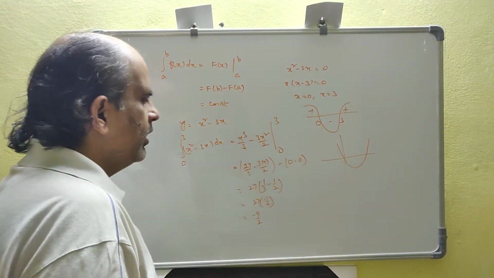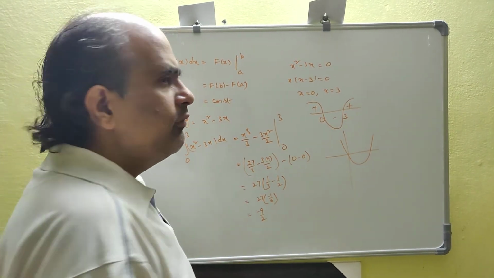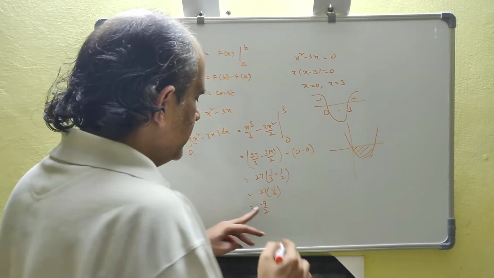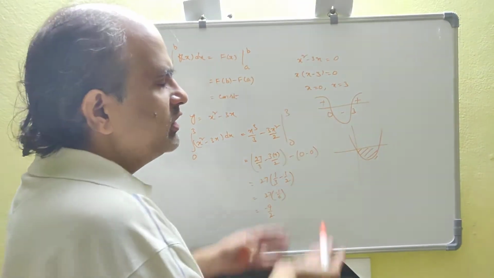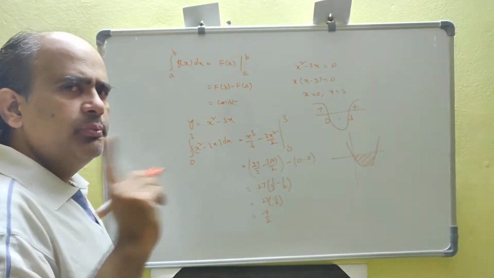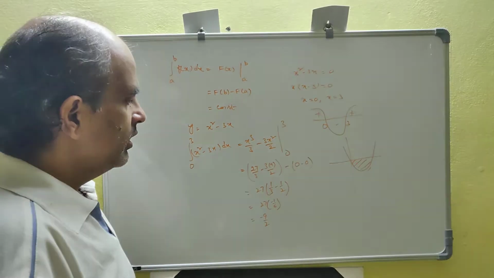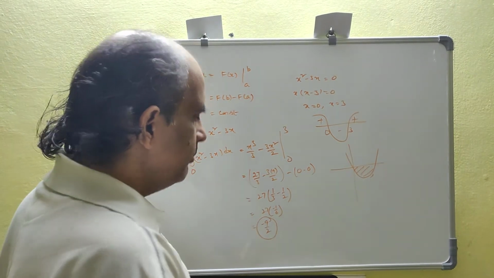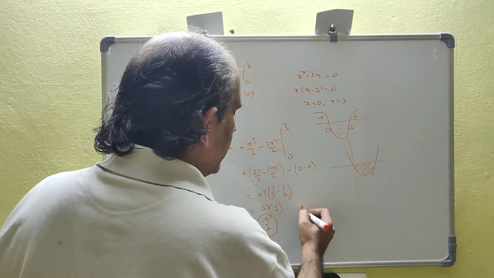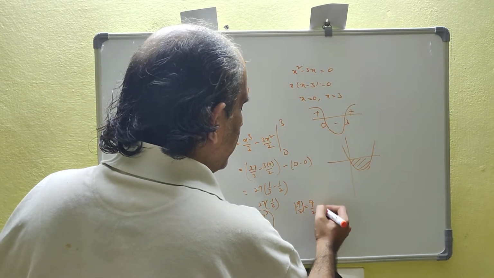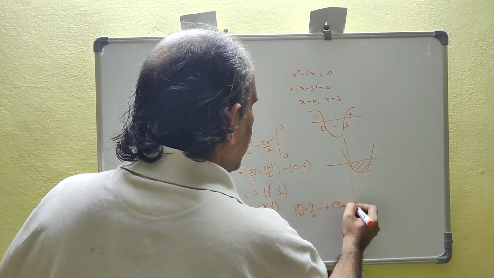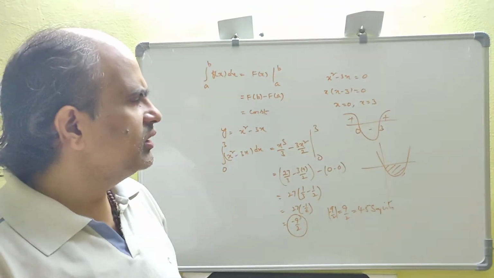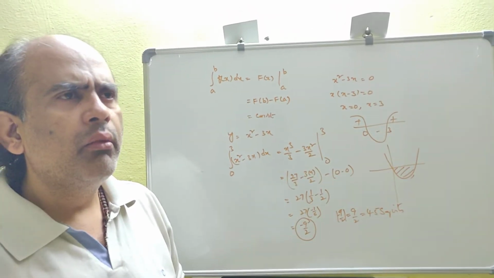Yes. So when I talk about the area, which area am I talking about? Below the axis. So the negative sign just hints to you that the curve is below the x-axis. And another thing, I got here negative 9 by 2. The negative sign speaks about below the x-axis. So if I have to get the area, put it in a modulus, which is nothing but 9 by 2, meaning 4.5 square units will be the required area. Okay children, this is what I meant to go for.